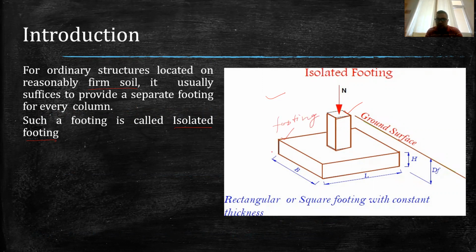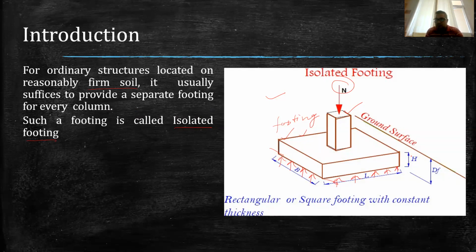And this footing is resting on the soil. And soil generally offers the pressure. I mean, this is basically the soil reaction against the vertically downward load. And this footing can be square in the plan, it can be rectangular in the plan depending on the cross-sectional dimensions of the column. So if a column is square in shape, then the footing will be square in shape as well. And if the column is rectangular in cross section, then the footing will be rectangular with the same proportion as the column has.